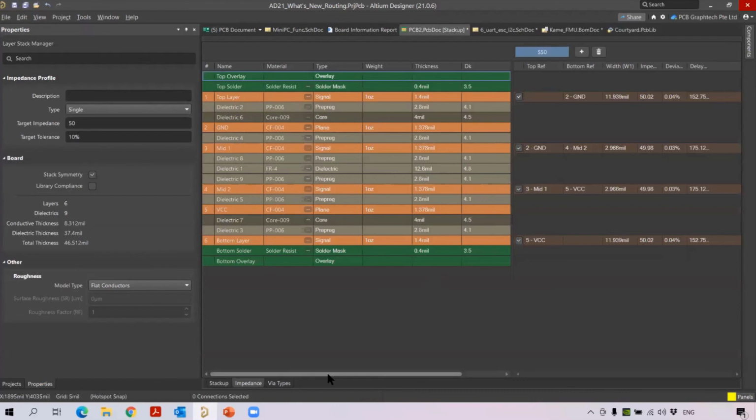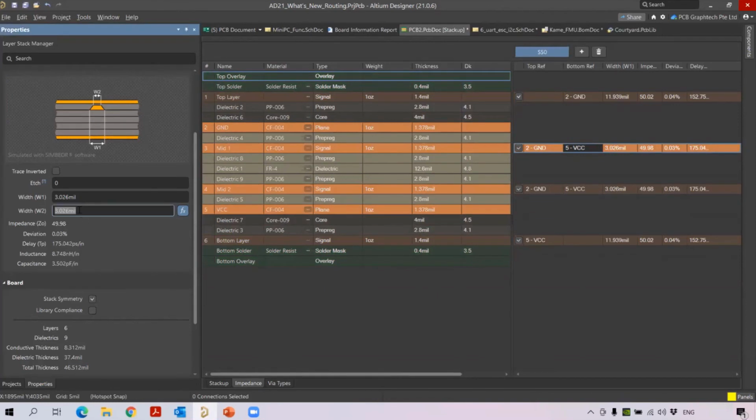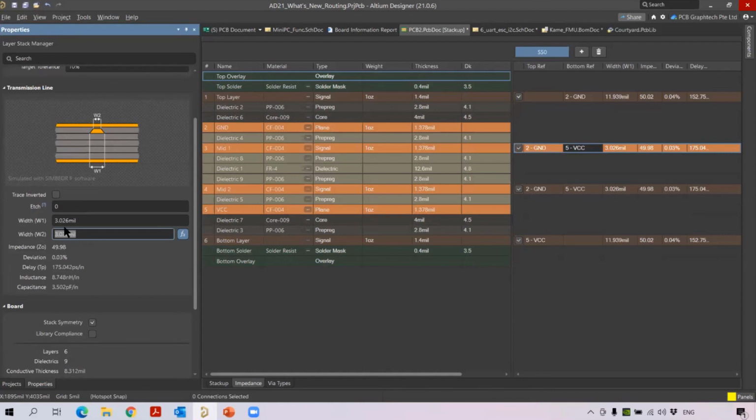The very important thing is, if I select the impedance profile, and then I go to this second mid layer, and I want to assign the reference layer for this mid layer 3 here, I need to choose which should be the reference layer, that is, from where to where. Okay, I need to choose the reference. If I choose the VCC as reference, then I just go and click here. You will see it will automatically calculate what the width of the trace should be, calculated from layer 2 to layer 5.